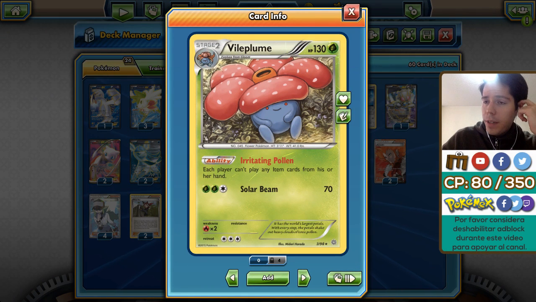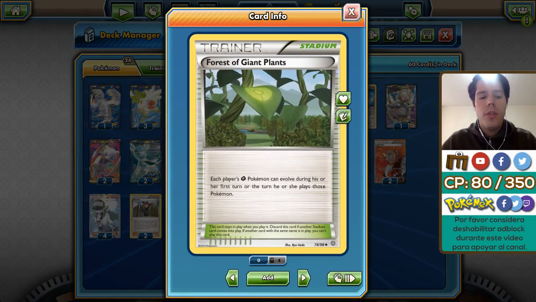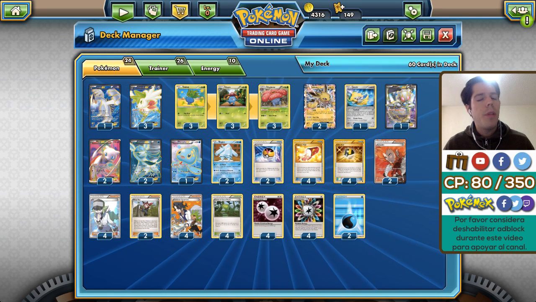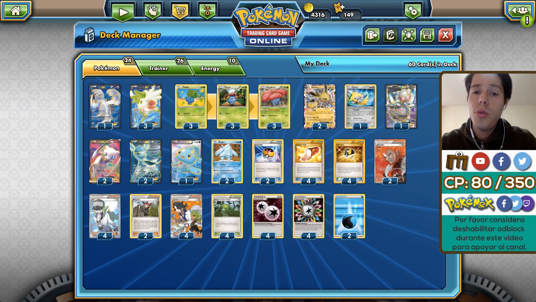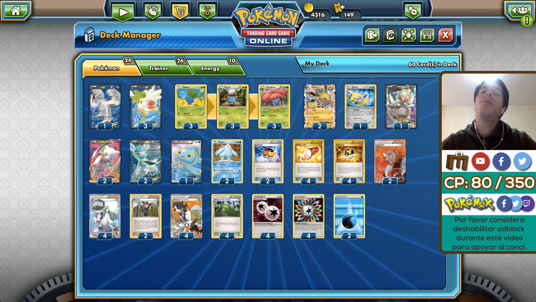Vileplume, not the main attacker, but the main support Pokemon of the deck. Irritating Pollen prevents both players from playing any item cards from their hand. A 3/3 line combined with 4 Forest of Giant Plants, obviously to evolve as soon as possible, ideally in turn 1 every game. But from the reports, apparently turn 1 Vileplume was not a common occurrence, but based on the results, it's obviously not super crucial to winning a longer drawn out game,